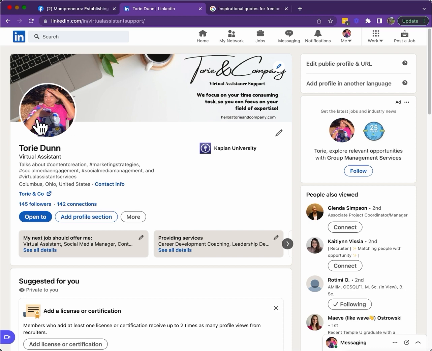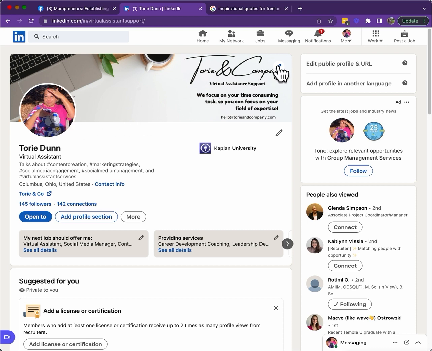Your profile picture. Make sure it's a picture of you, guys. Using a selfie is just fine. You can do a professional photo if that's what you want to do, but if you're not able to do that at first, no problem. Take a selfie, use the selfie until you can do the professional photo. I use this photo just because I feel that it shows my personality, and I liked it. And I haven't had a problem with getting clients with this photo.